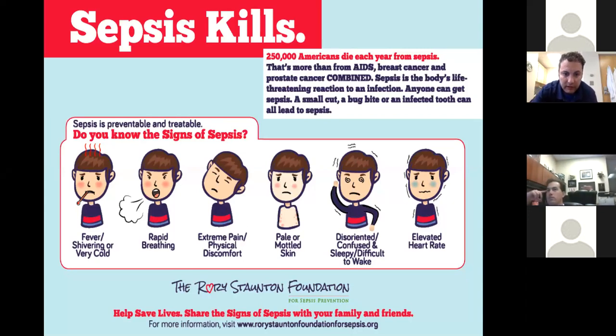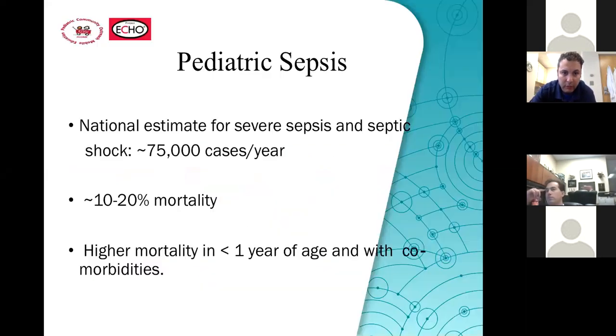This is a similar slide, just on and on about how important this number is. How about pediatrics? I think Brian also mentioned about 75,000 cases per year in the United States of pediatric sepsis/septic shock, with 10 to 20% mortality. We have not made a Sepsis III definition in pediatrics, so we are waiting and very excited about adults having a little bit better definition, better epidemiology, and that will surely lead to a better estimation of the mortality and the outcome.